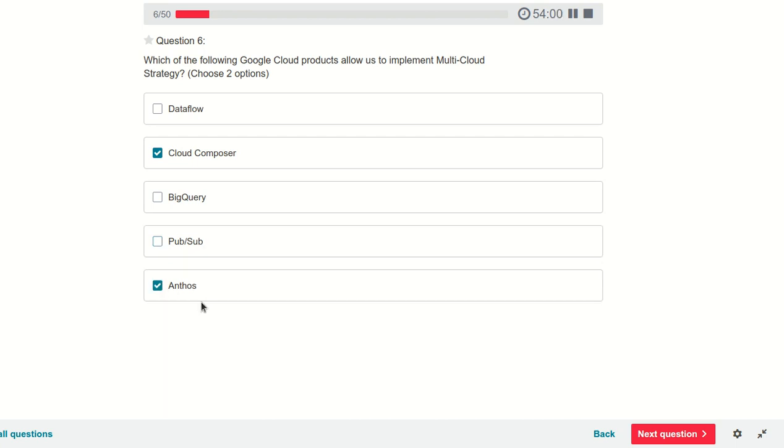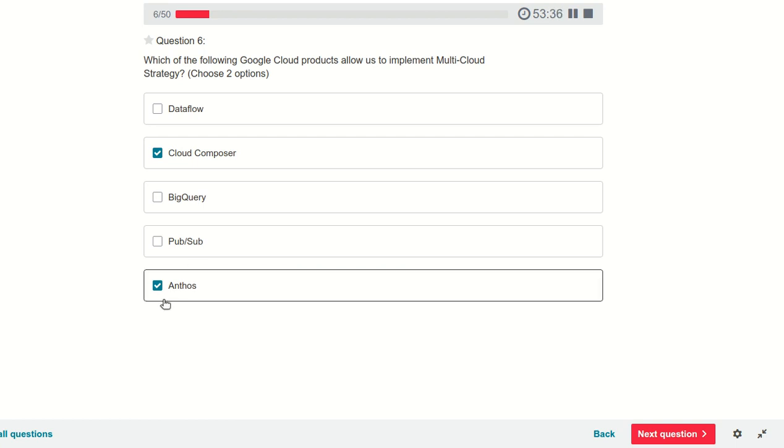Anthos is multi-cloud. Let's suppose we have multiple applications, some on our own premises and some on our Google Cloud. Ideally, to manage them, we would manage the applications on Google Cloud separately, and the applications on our own premises separately.